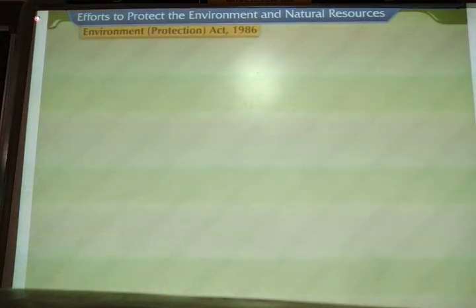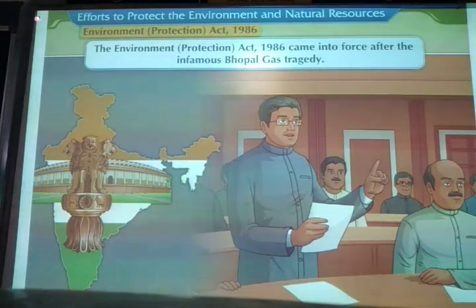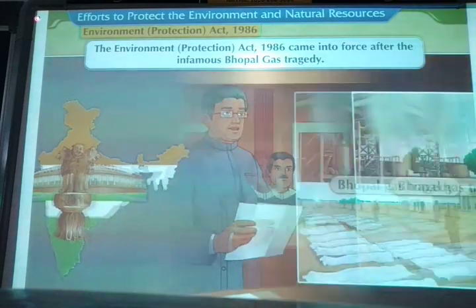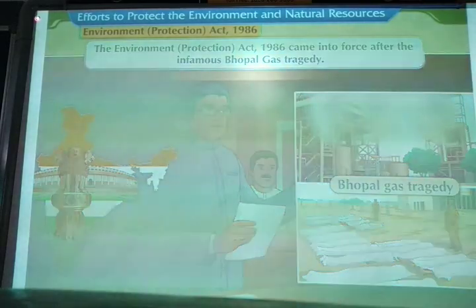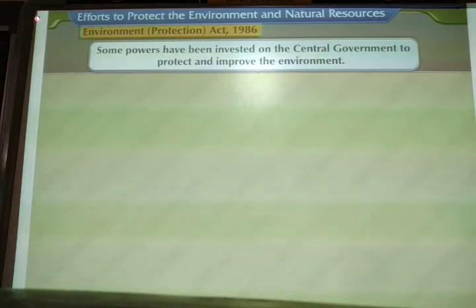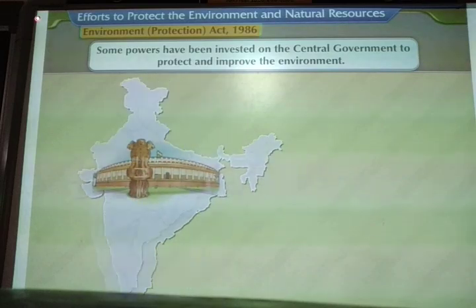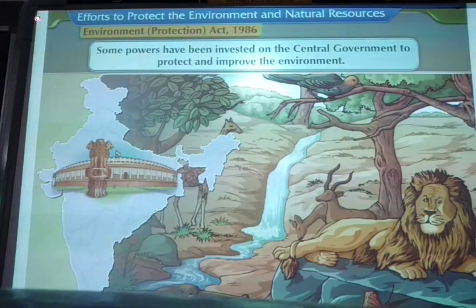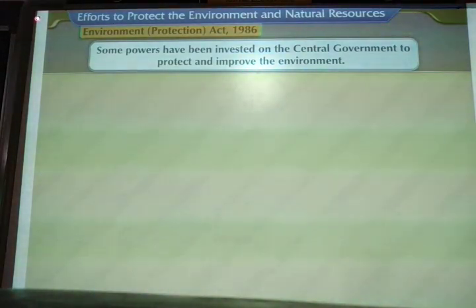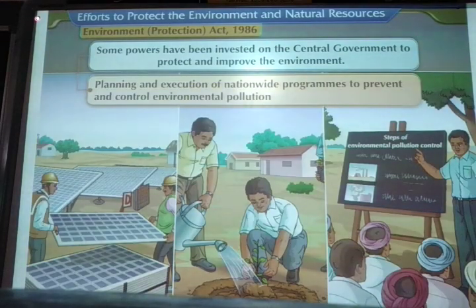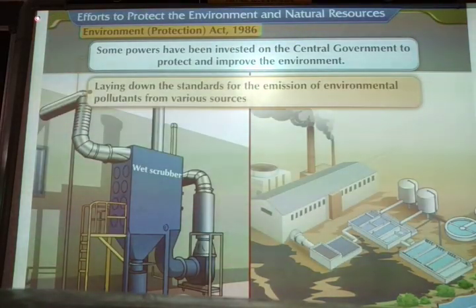Environment Protection Act 1986. The Environment Protection Act 1986 came into force after the infamous Bhopal gas tragedy. Some powers have been invested in the central government to protect and improve the environment. These include planning and execution of nationwide programs to prevent and control environmental pollution, laying down the standards for the emission of environmental pollutants from various sources,